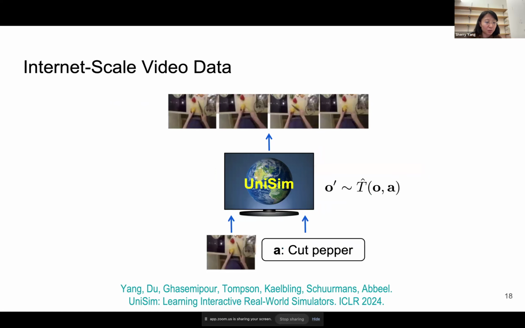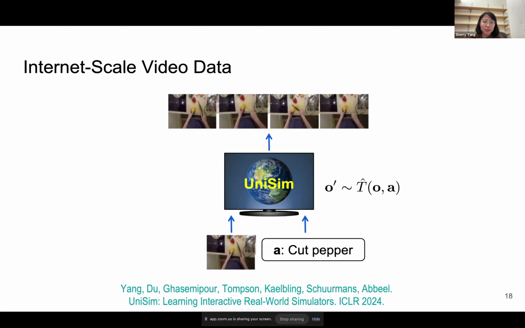So we looked at some of the example data we can collect, and there are a lot of egocentric human videos. In those cases, oftentimes we have some task description of what the person is doing. And nowadays, it's not too hard to get these videos from YouTube and label them. So there is really a large source of data. More interestingly, we train this model conditioned on the initial frame and some high-level text description as actions, like "cut peppers", and then we train the model to predict these frames. In some sense, the model has learned what it means to cut peppers, like how it should look.